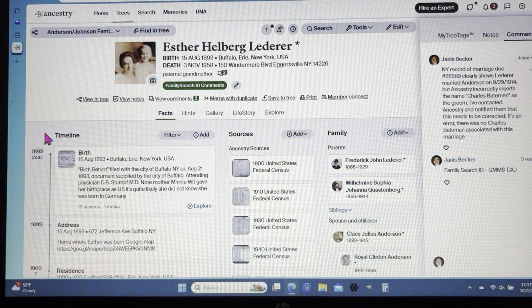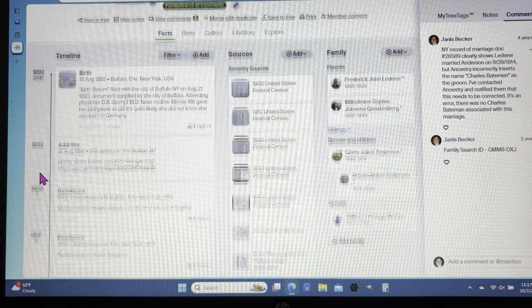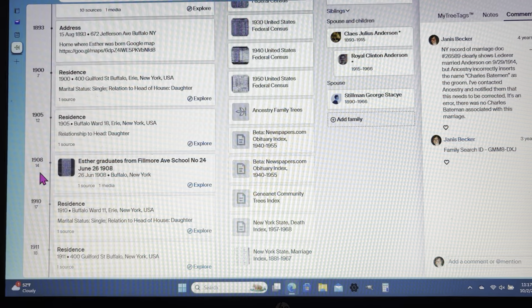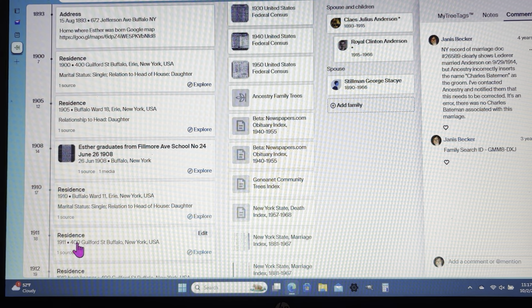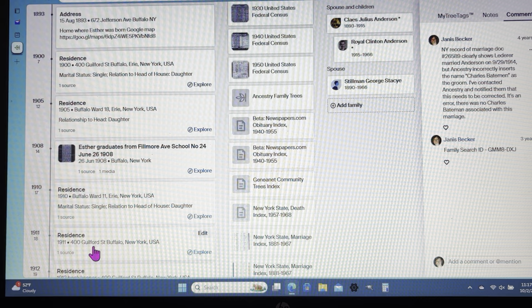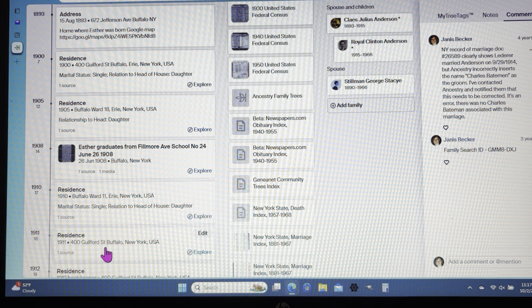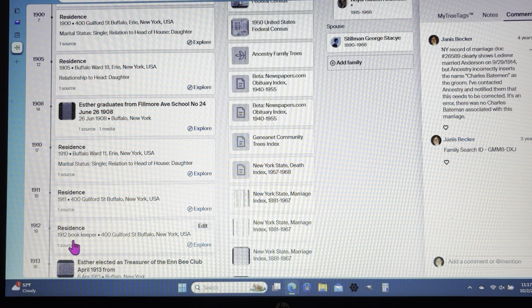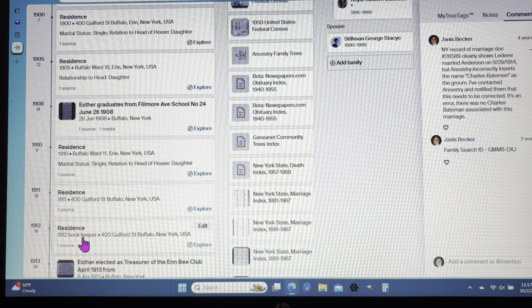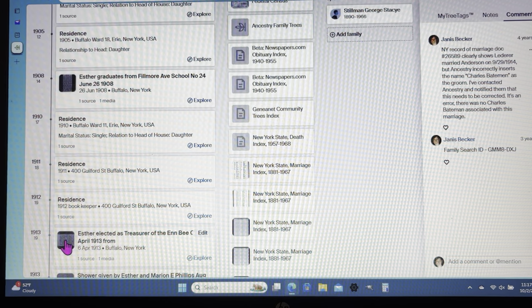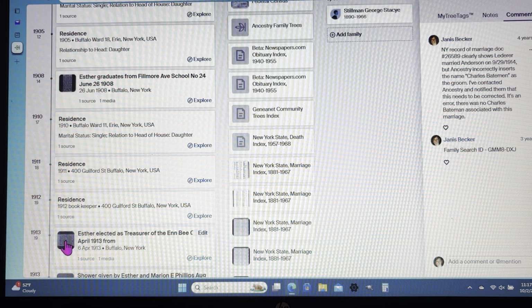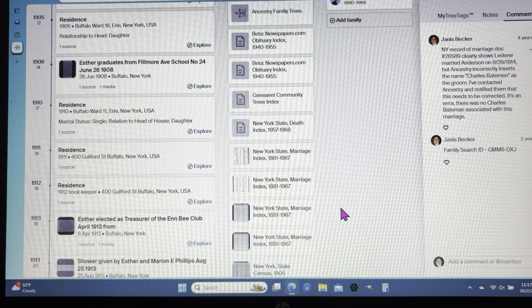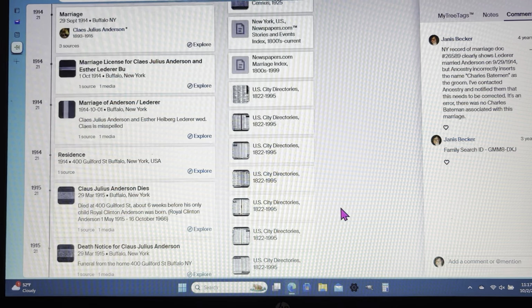And then, like I say, you go down through here, and I have all sorts of information. When I've had information, for instance, here, I've added what the address was, because I think the census denotes that, but if I hadn't typed in the Guilford Street, that probably wouldn't be there. And for this, she was a bookkeeper, I made that notation. This is one of the newspaper clippings, and as you can see, there's a ton of information. A lot of it is from newspapers.